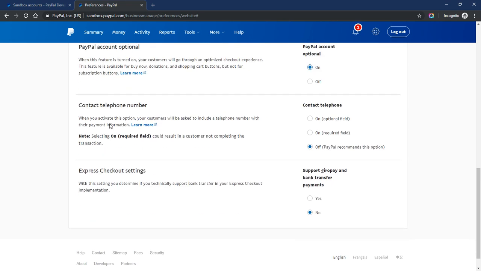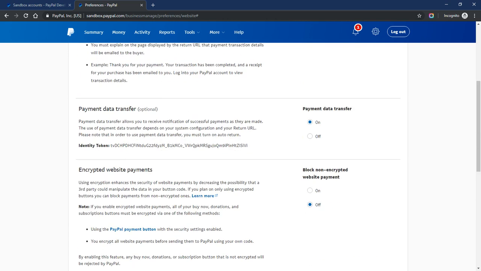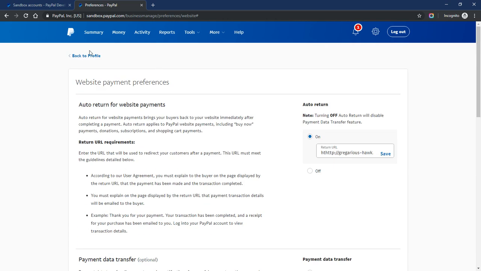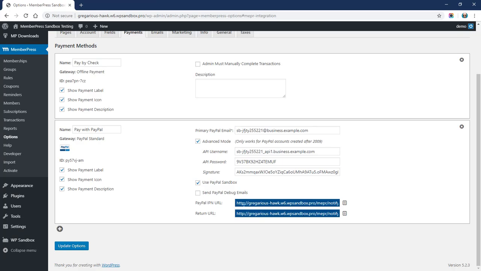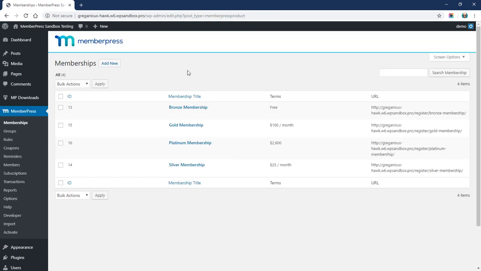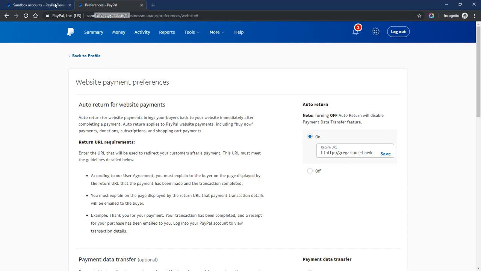And these last two, you really don't need to do anything with. But that's it. So this page is completely configured. And now our MemberPress PayPal Sandbox connection is completely set up. So the last thing we want to do here is just run a quick payment test through it and make sure everything's working. So I'm going to show you what we're going to be looking for, and we'll make sure everything's working. But before we do that, we need to go back to our